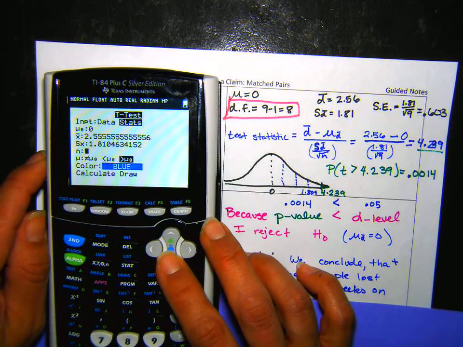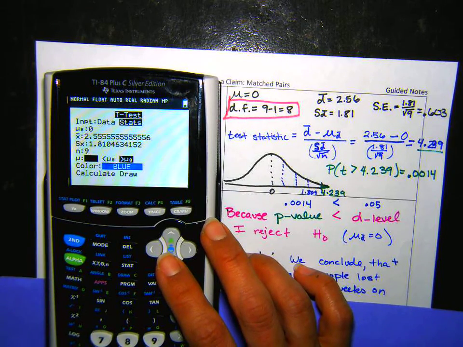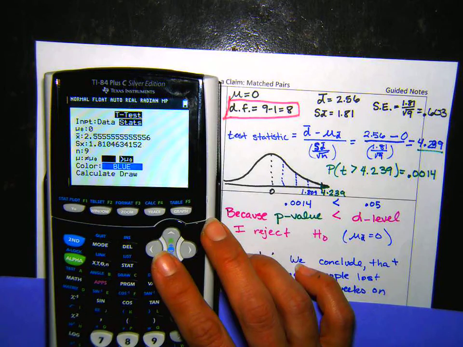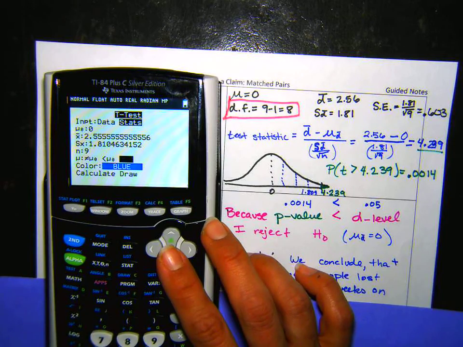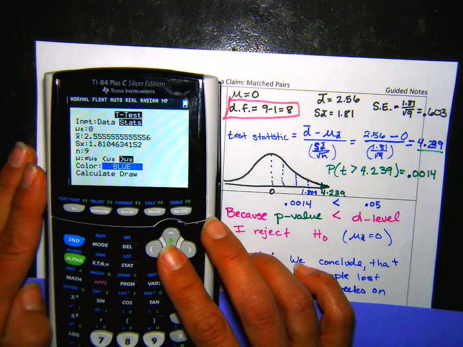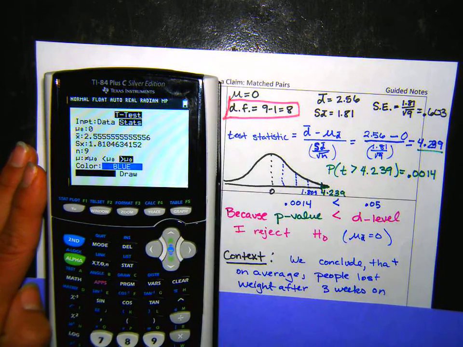Next thing I have to look at is my H_A. This row is asking whether you are doing a two-tailed test where H_A does not equal the null hypothesis claim, a less than test where mu is less than the claim, or greater than. Here we're looking at the mean difference being greater than 0. So when I press calculate,